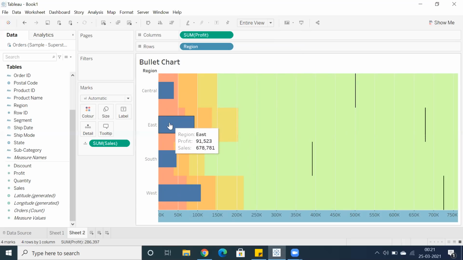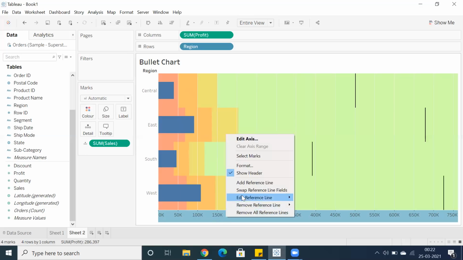Let's come back to east. This is at least good. It's crossed 10 percentage of the sales, and it is close to 20 percentage of the sales. Okay, so sorry, here. So this is 20 percentage of the sales, and here also it crossed 10 percentage, and here it is 20, this is 30. So you can just compare how much percentage it crossed and at what level or band it comes under, right? So that's the interesting part about bullet graph.